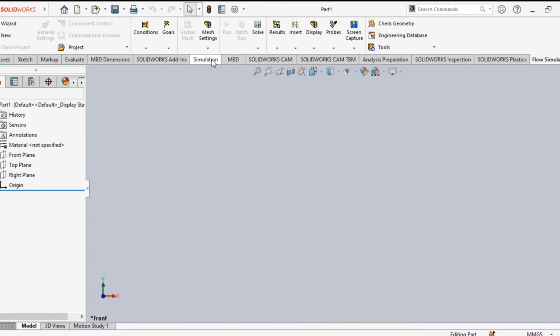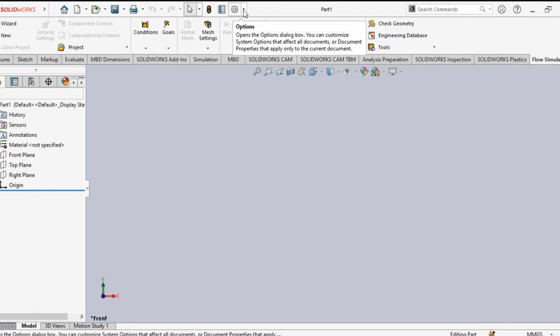And again, if you want to go for computational fluid dynamics, then you have to start with something else. Flow simulation here, right hand side here. Flow simulation. These are the different things. If you want to get all these things, how to get all these things, you have to start from here, right? Top, you can see the option is there.